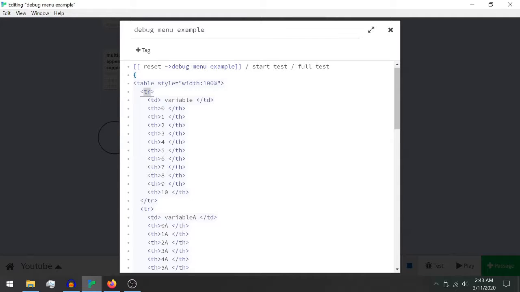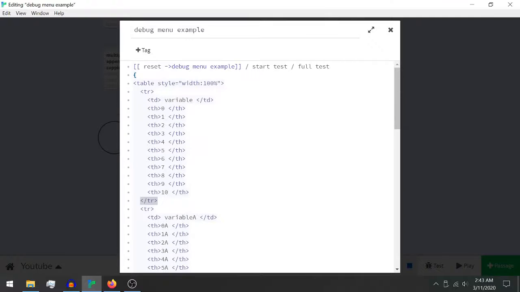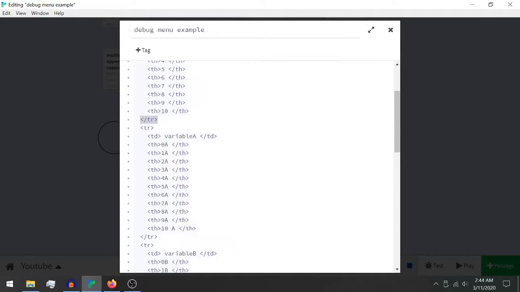And so this right here is the start of a row. This is the end of a row. So as you can see here, this is the top row. This is variable A, and